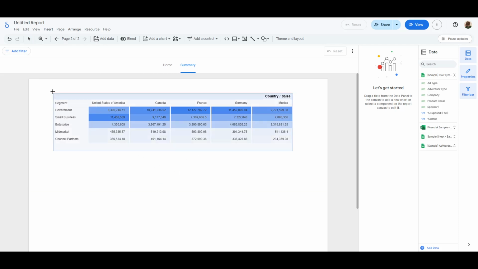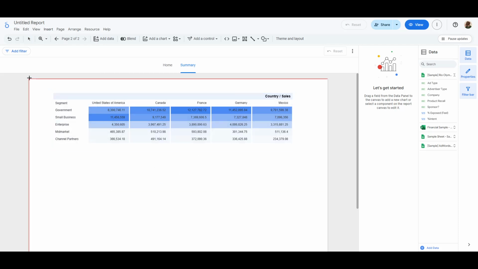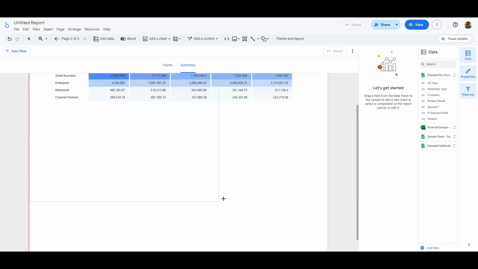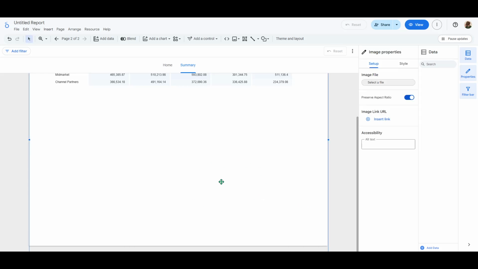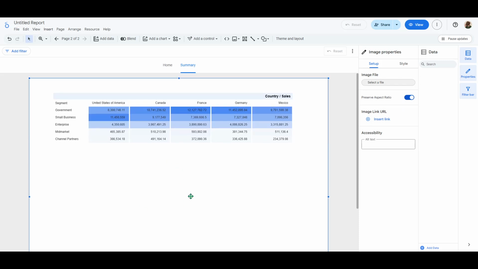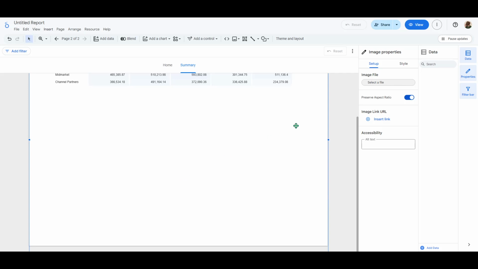Next, resize that image to cover the entire canvas. The canvas is the visible page area of your report, the space where your charts and text sit. Drag the handles on the corners and edges until the image spans from edge to edge. If you want precise control, it helps to zoom in a little so you can align the image neatly with